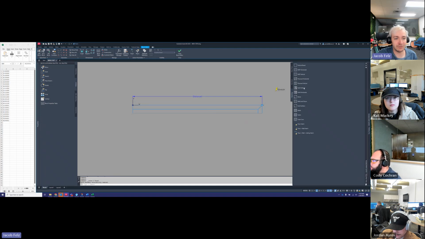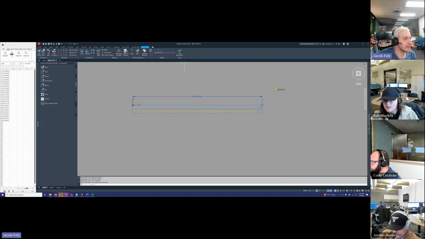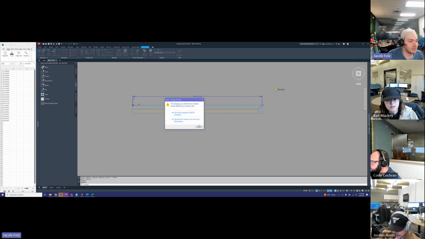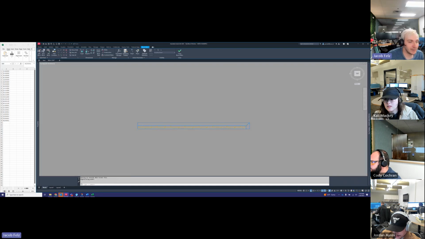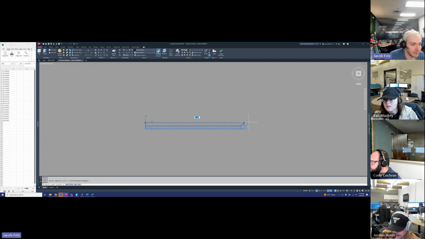So if I was to drop in, let's say, our standard plywood hatch right off of the tool palette, and then I go and redo my stretch like this. Let's see if it works. Oops, I'm going to test block instead of that. It probably won't. Yeah, see how it does that. The hatch stays exactly the same as it was. It does not stretch with the rest of the object,